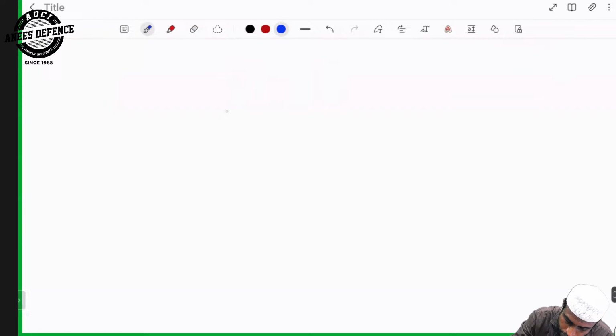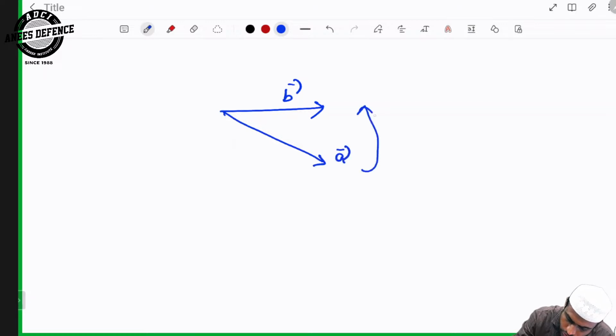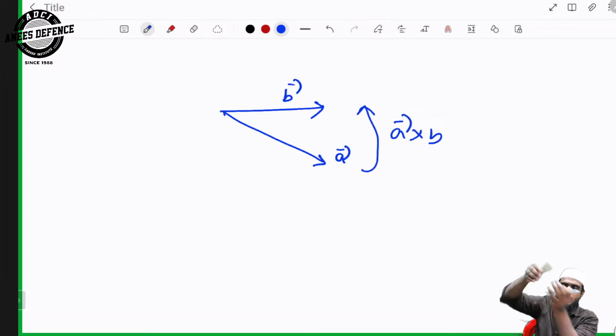Look, this is B, this is A. Now you are doing like this, A cross B. That means you are moving like this, like this. So you are removing the screw, so your screw will be coming towards your side. So in this case,